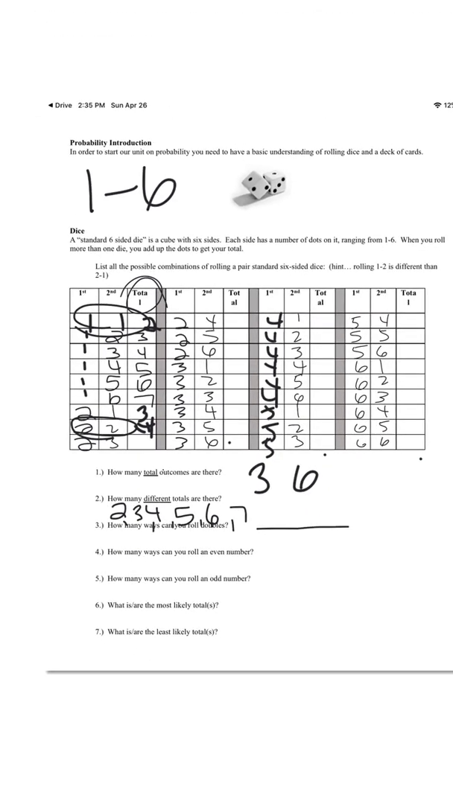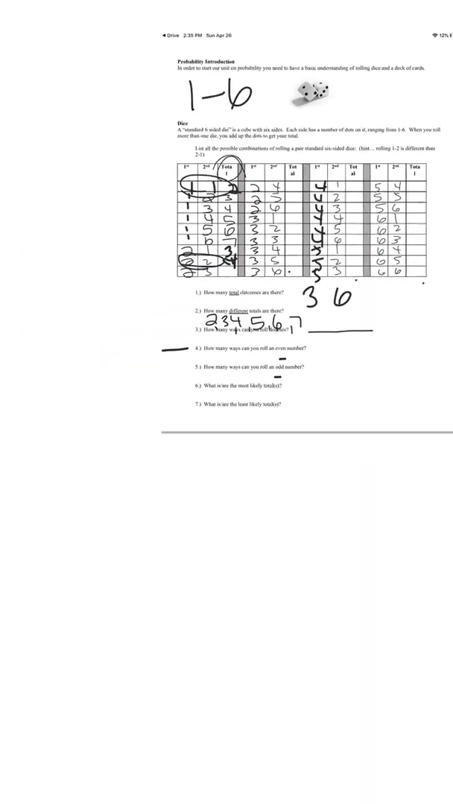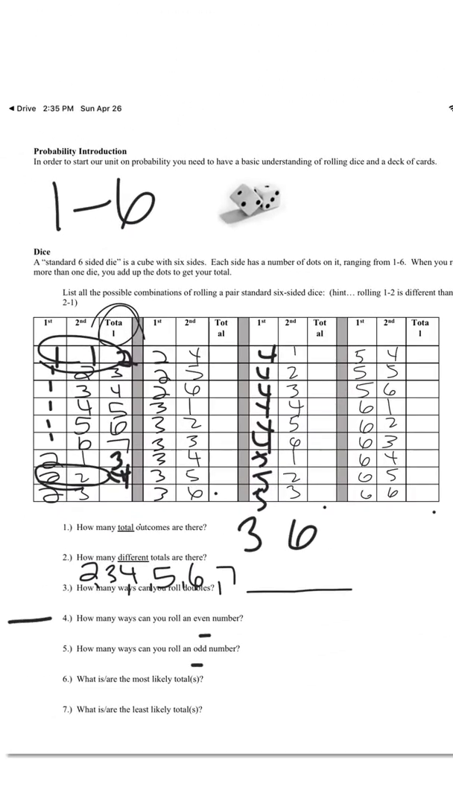Number 4, how many ways can you roll an even number? All right, well, let's review what even is. 2, 4, 6, 8. How about how many ways can you roll an odd number? What is or are the most likely totals? And what is or are the least likely totals? Okay, you're going to fill all that in by yourself. That's page 1. Now let's look at